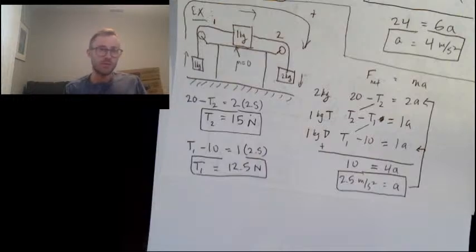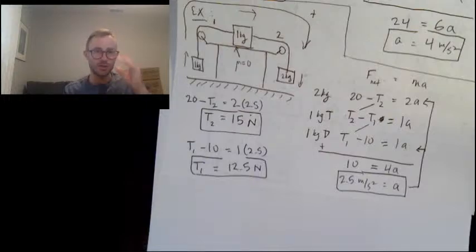Similarly, if we have a problem where there's static and kinetic friction, you could get a scenario where you're not sure if the system will move at all. So you can have these confusing problems where you're not sure what exactly is going to happen,